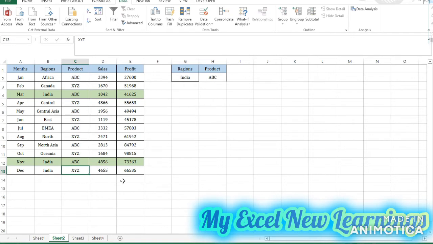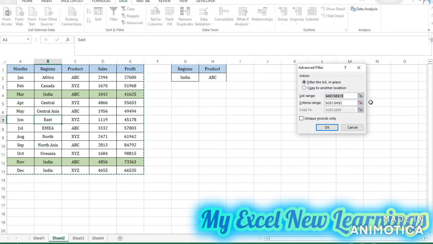So we will use the same steps. First you click in the data, then go to the data tab, then click on the advanced filter. Again the advanced filter box will open, then click copy to another location. So my list range is already selected. Here you can see. Then we have to select our criteria range, that is region and the product.